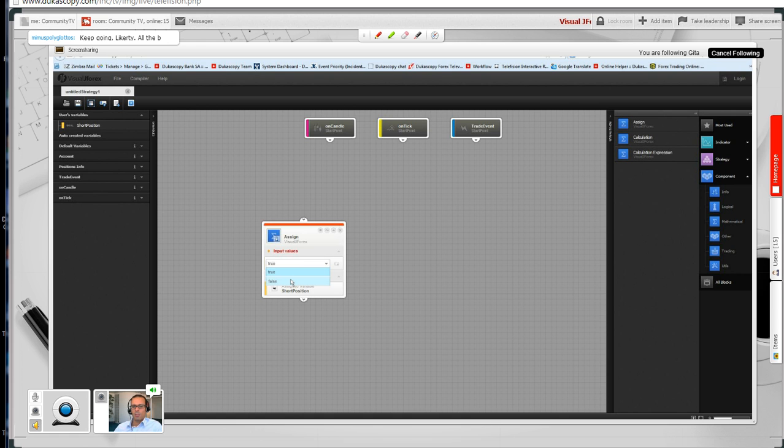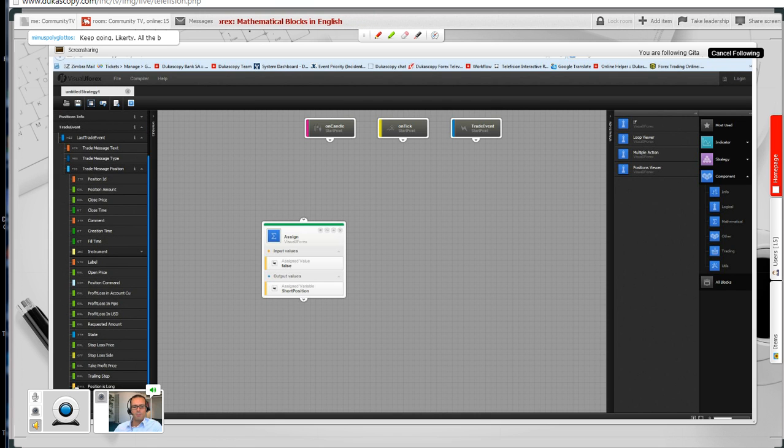But the question could be, how does the system recognize that my short position, this new variable, is related to short position? In this manner, we can use the trade event section under the trade message position. We've got a predefined variable called position is long. So I can use